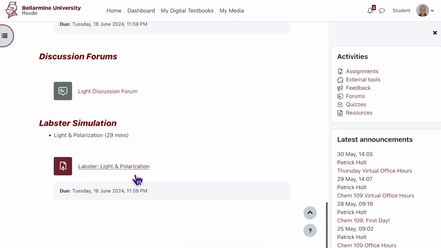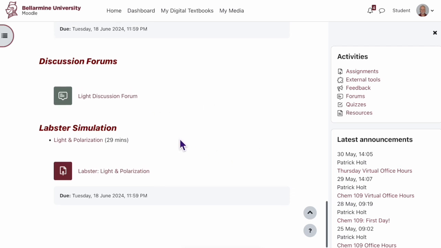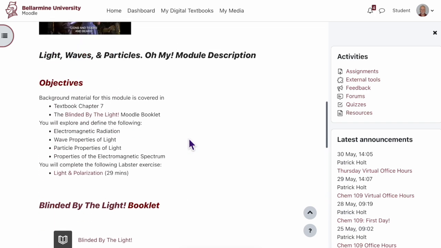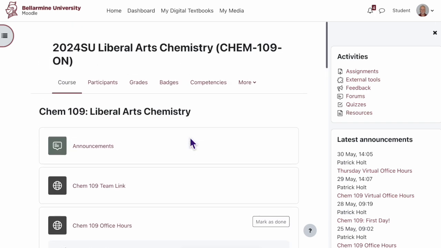Here, of course, is our link to the light and polarization Labster exercise, which again, as mentioned before, is roughly 29 minutes in length. So that is the module 3.1